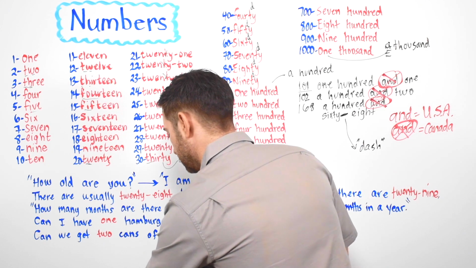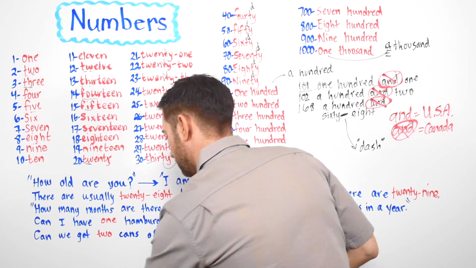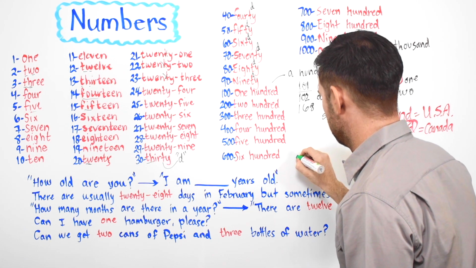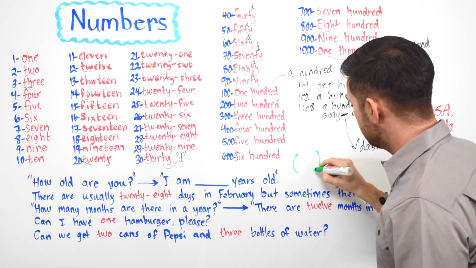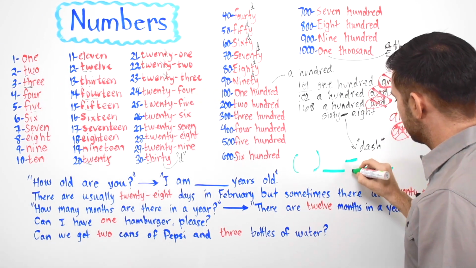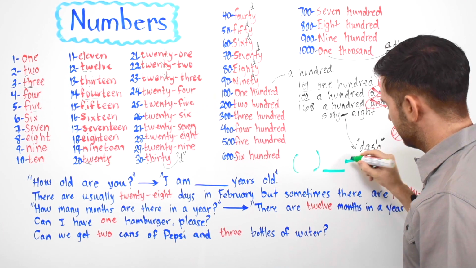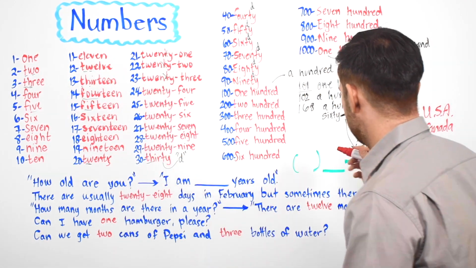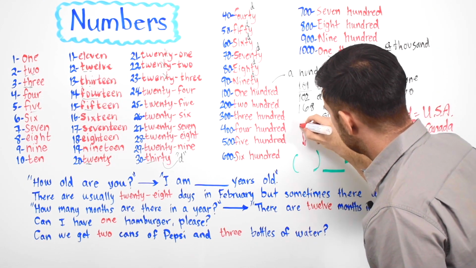Let's go ahead and take a look at one more thing. When we talk about phone numbers, in America we have an area code. So you'll see it in parentheses like this, and then you'll see numbers here, and then you'll see a dash right here. See the dash? When you do numbers, you just have to say whatever the phone number is. This is called area code,